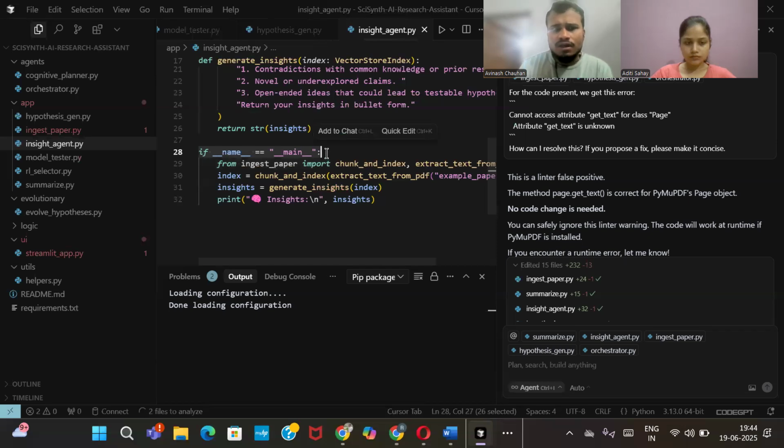Again, I know what this line means. This is where we are defining the main function. But I don't know what this inject paper does. Why? Because I don't know AI. So for that reason, obviously there is AI to help you. Whenever you are using AI, don't use AI for writing the code. Use AI for